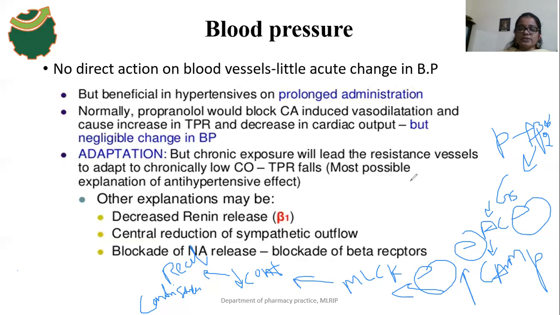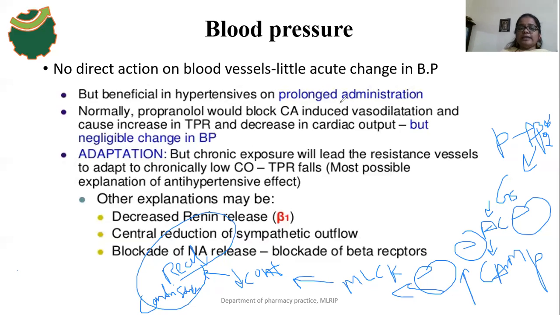Okay, so it shows what kind of effect? Propanolol shows a constriction effect. Here, normally propanolol blocks the catecholamine-induced vasodilation. Normally catecholamines act like beta 2 agonist drugs. So propanolol blocks the beta 2 agonist drug-induced vasodilation. When a beta 2 agonist drug binds with the beta 2 receptors, it causes the relaxant effect, which means vasodilation effect. Here our drug propanolol blocks the beta 2 receptor mediated